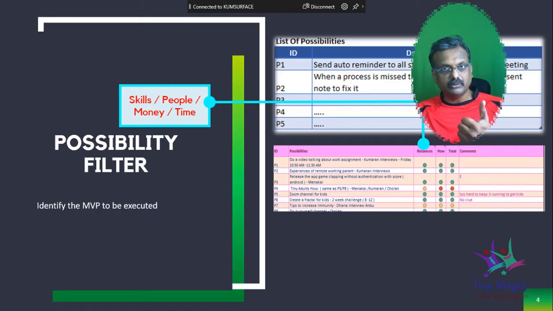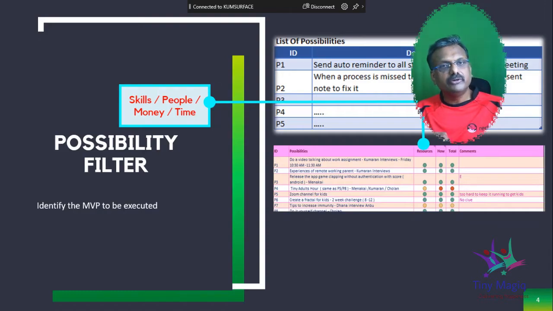Do you have the people to do it? Do you have the budget? And do you have the time? Based on that, you give a rating of red, green or yellow. It is absolutely your call. If you are very constrained for resources, then it's a red. If you think you have the necessary skills and the resources, then it's a green.